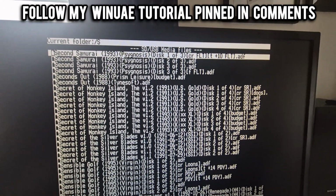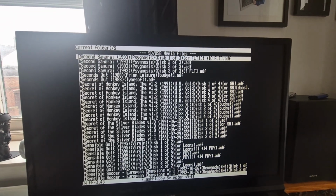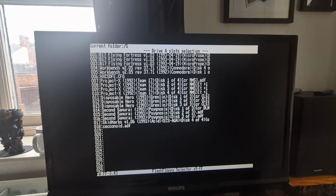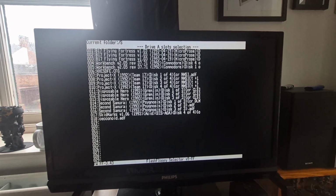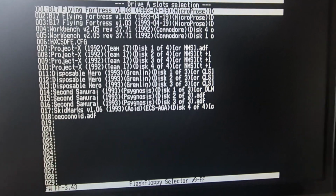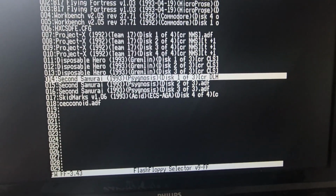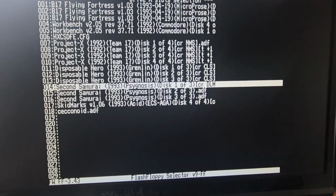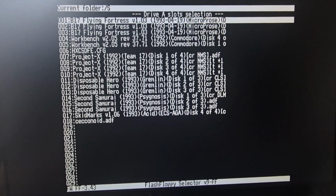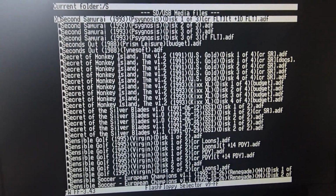So what I'm going to do then is press the enter key on the Amiga keyboard for disc 1 of 3. And what we've got just here is drive A slot selection. So what this is going to do is literally mount those images into this directory just here. So I've already got some games mounted, and we've actually already got this mounted, but I'm going to take you through the process. So what I'm going to do is take the first position just here, and if I press enter, and enter again on disc 1,